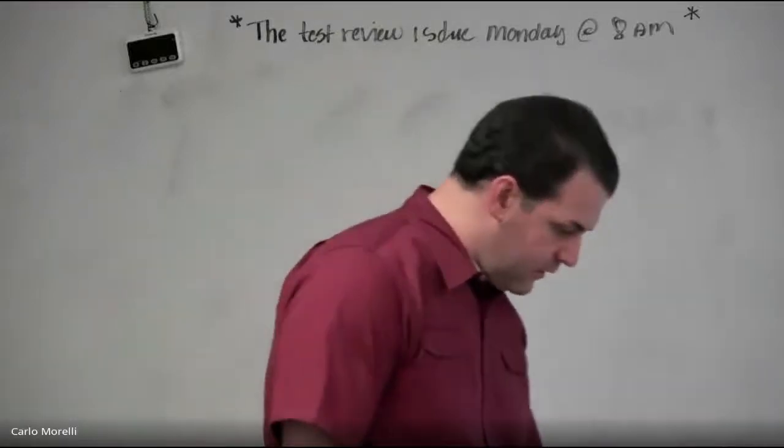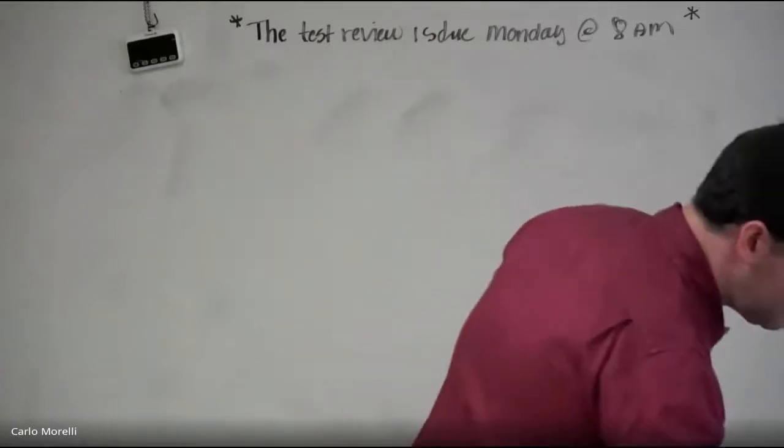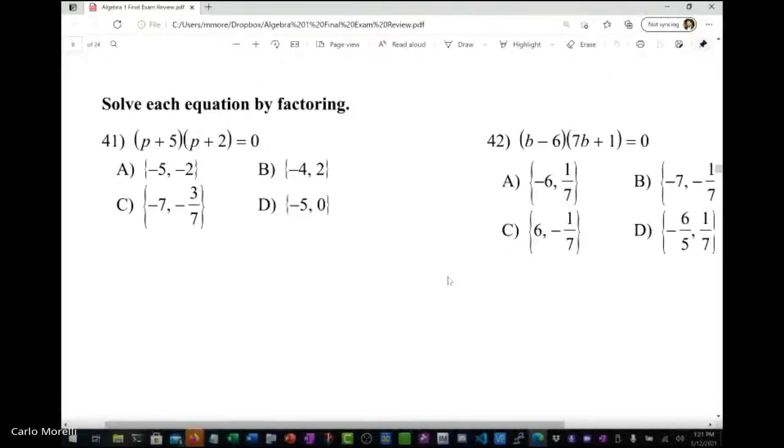All right, ladies and gentlemen, let's take a look here at number 41. Okay, so number 41 is a factored quadratic equation. You have to identify A, B, and C. In a standard form quadratic equation, you would have to identify A, B, and C. Very good. Is it a quadratic, and then you have to find what